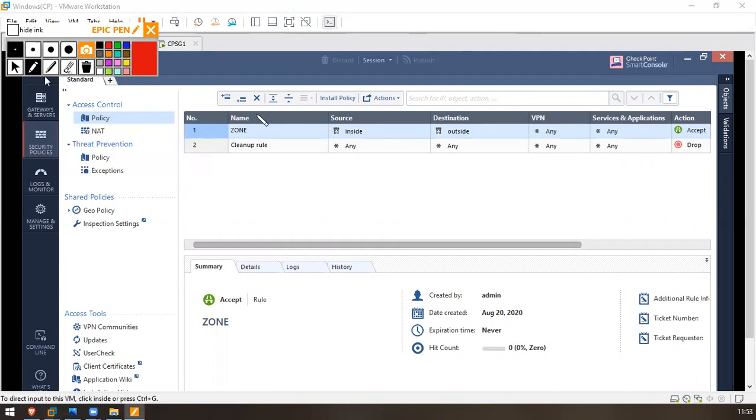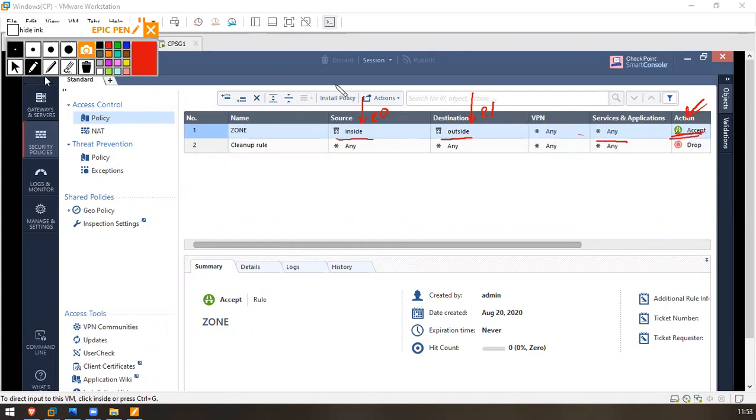So as you can see, we have a zone-based policy and it's from inside to outside and services are any. Earlier I mentioned HTTP, SSH and all, and I am accepting all that traffic. Whichever traffic comes from inside, which is the E0 interface, and is going to outside, which is E1, using any services or application, I am fine with that. Just permit that traffic which I accept.